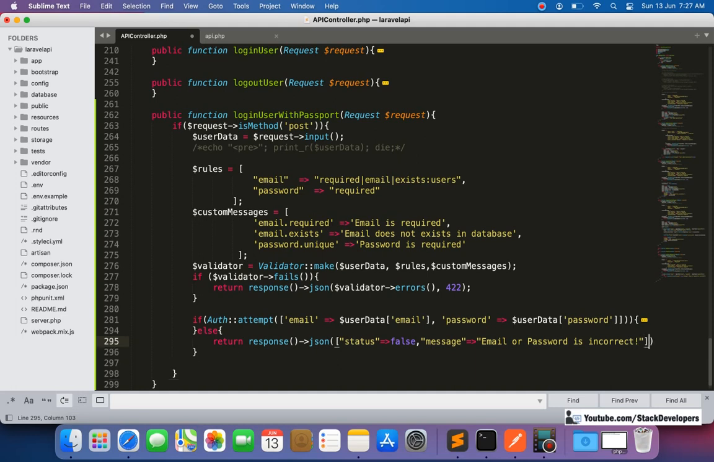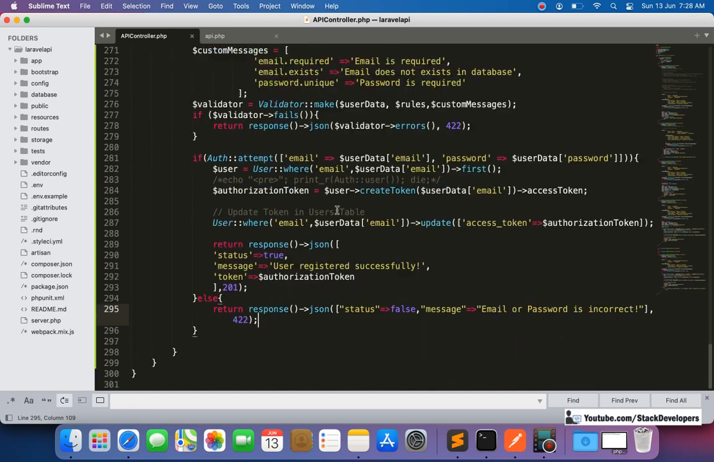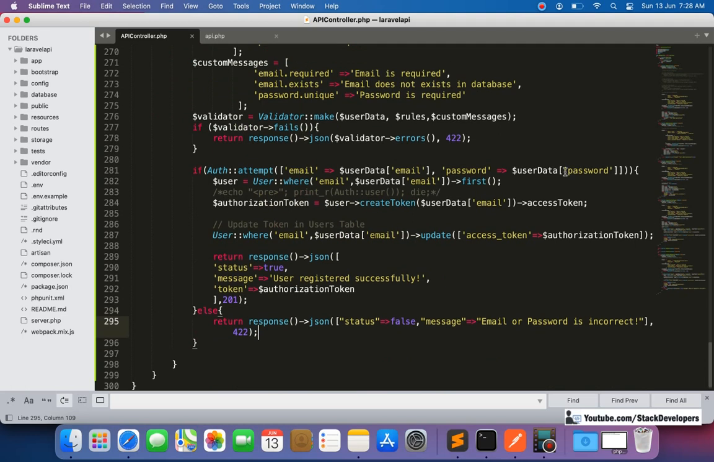For the error code we are going to send 422. That is the error code for, I think, unprocessable entity, something like this. That we are going to see in some time. So this is the error message that we will send in response if the email or password is incorrect,